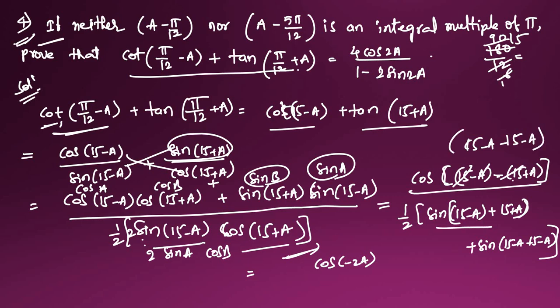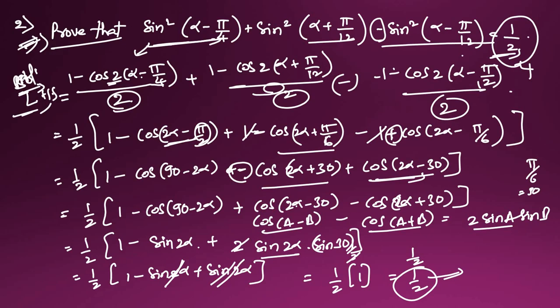Here also, divided by this, the 2 will come upside and it will become 2, and sin of (15 minus a) plus (15 plus a), the a will get cancelled here, sin 30 will come. The denominator sin 30 is the value here, again plus sin, 15 will cancel here. So sin minus 2a will come here. So we can write it in the form of